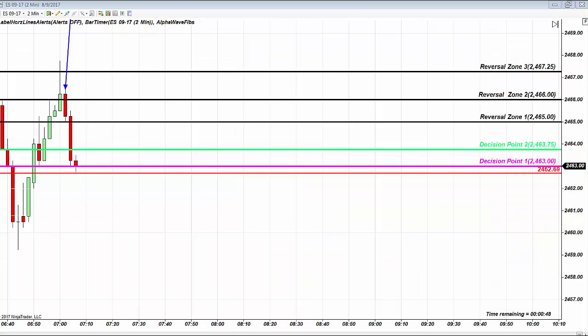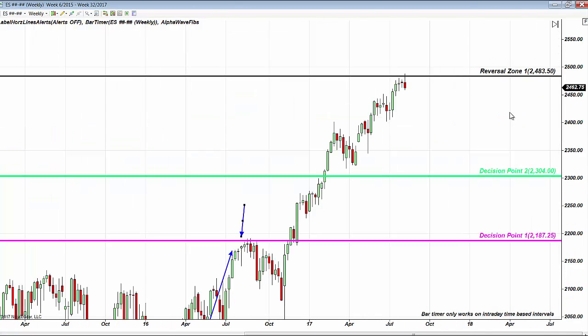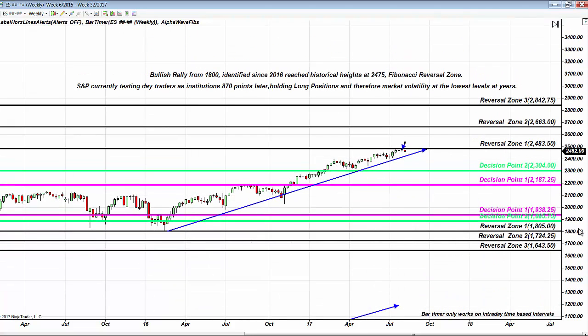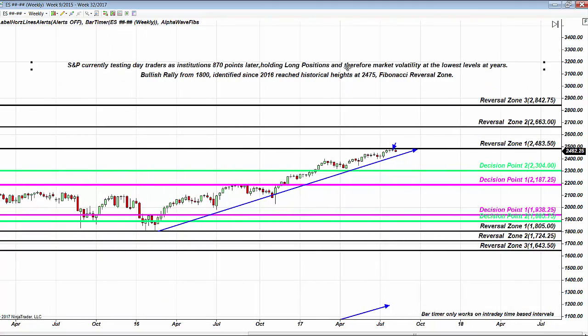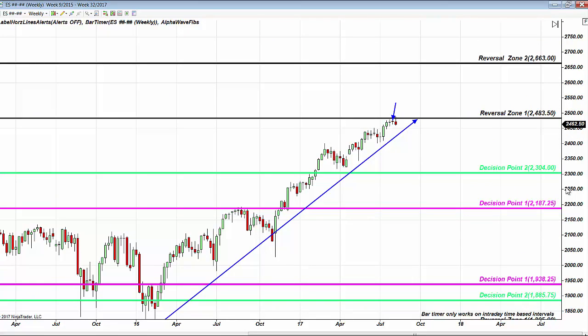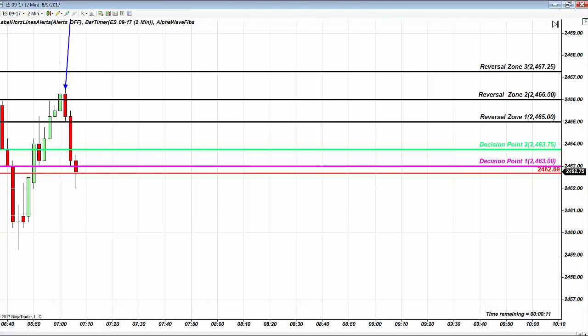So I hope and pray you're witnessing the importance of the reversal zone. I hope and pray you're understanding that on the institutional chart, on the weekly chart, we are at an institutional reversal zone. Do you understand that? The chart present in front of you for years reached institutional reversal. What you do with your position will depend on your knowledge of the markets. I don't care if it's Apple, I don't care if it's Netflix. The formula remains the same. Reversal zone is reached, expect reversal, as you witnessed in front of you on the little baby chart.